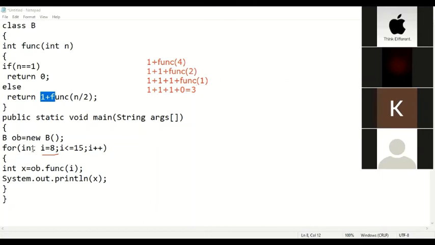When I equals to 9, n की वैल्यू 9 जा रही है. When I equals to 8, 3 is going to be printed. When I equals to 9, n की वैल्यू 9 जाएगी, फिर से ऐसे ही चलेगा स्टेप बाय स्टेप, एंड एक वैल्यू रिटर्न होगी और वो प्रिंट हो जाएगी. When I equals to 10, again n will become 10, और इस तरीके से ही चलेगा, एंड एक वैल्यू रिटर्न हो जाएगी, वो प्रिंट हो जाएगी. समझ में आ रहा है?